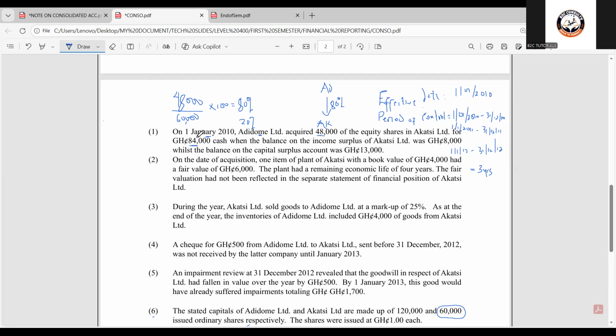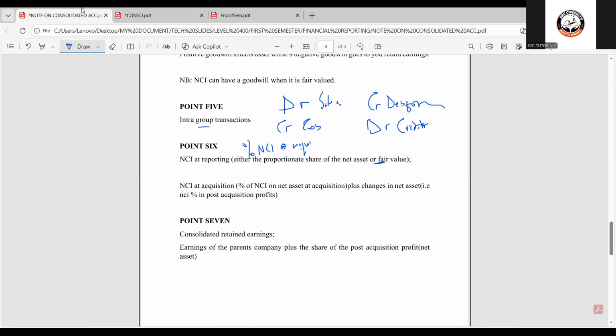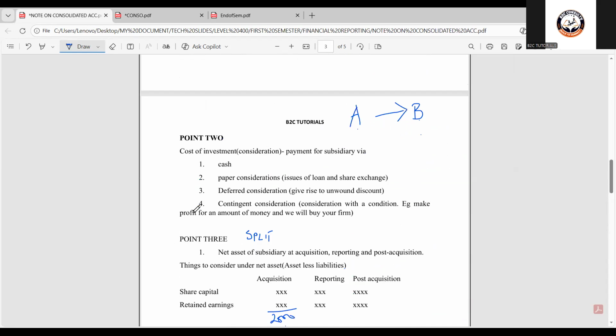Go and deduct the consideration, sorry. Yes, deduct the consideration or the contribution from the investment in the balance sheet. Having been able to determine this, here our consideration is just one item, which is cash. So point two will not be relevant. If not, you just write consideration 84,000 and then you go to point three. But if you have more than one consideration,